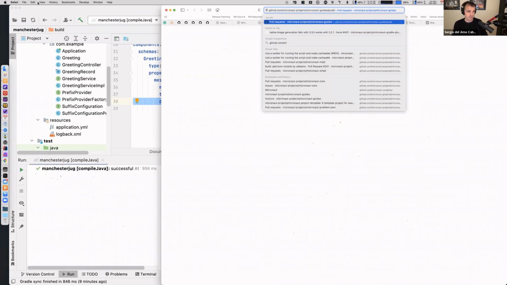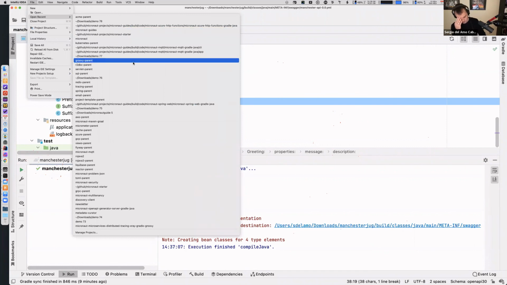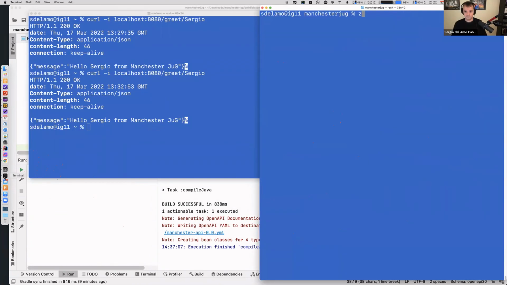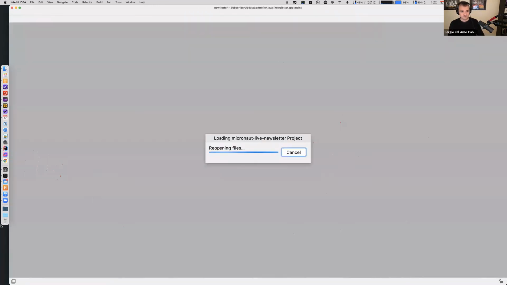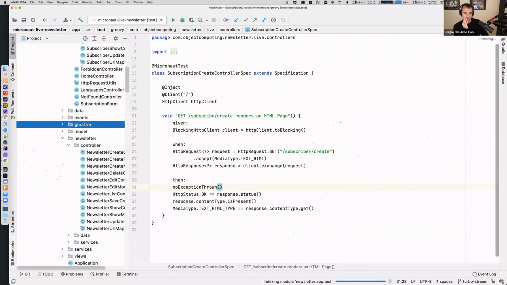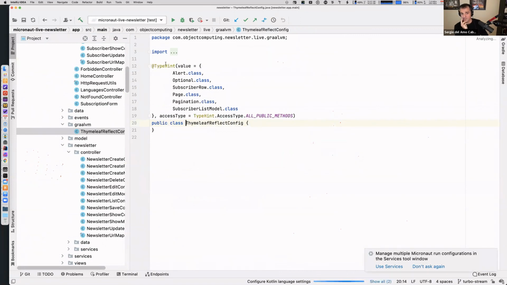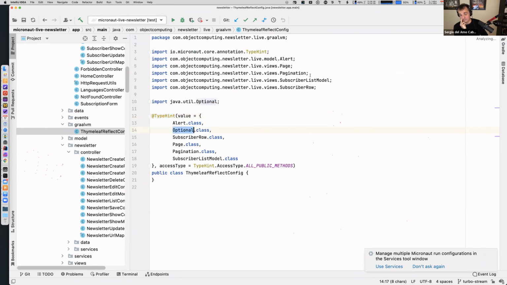So I have one application that I use for demo, which is a newsletter, and that uses Thymeleaf, which uses a lot of reflection. And let me see if I can show you. So I have, for example, here a class annotated with type hint, where I provide several classes from Thymeleaf. These are classes in my application, but they are being accessed by Thymeleaf with reflection. So you have to essentially whitelist them